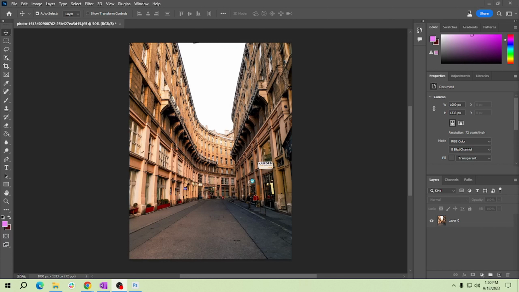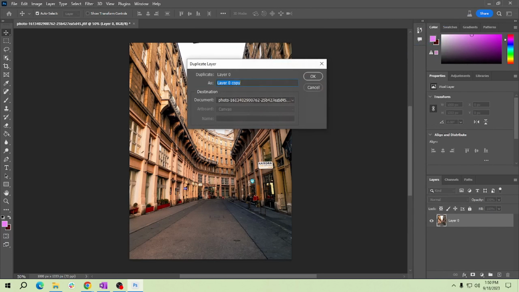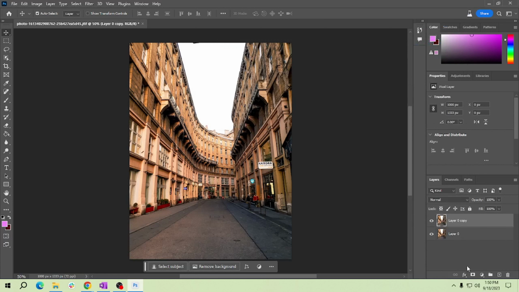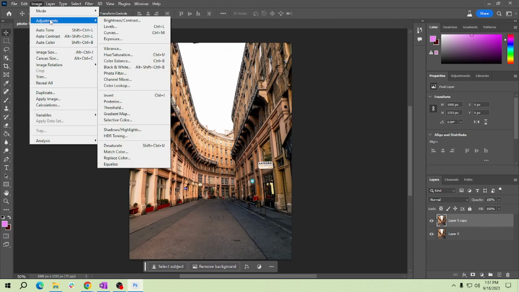Now, next is to duplicate the photo. All you have to do is to right click and then select duplicate layer and choose OK. So we will edit the layer 0 copy. Now please go to image and then select adjustments